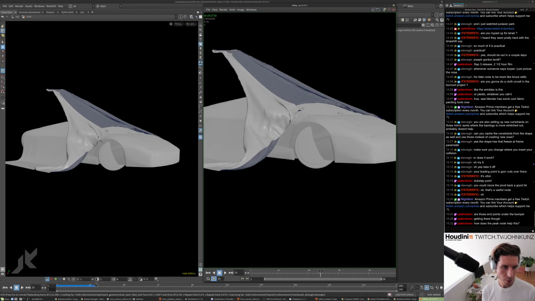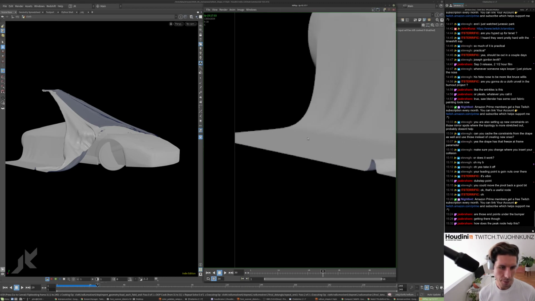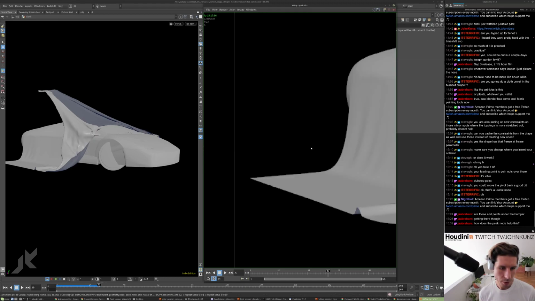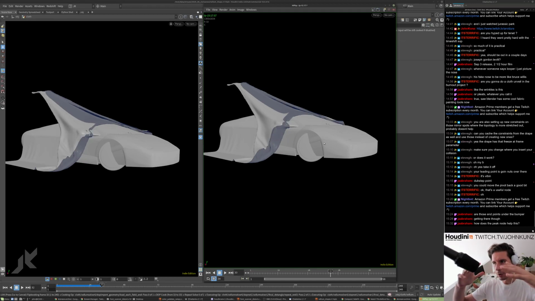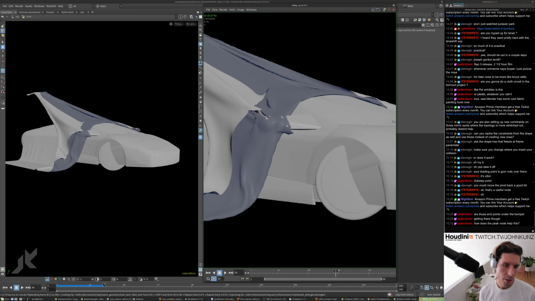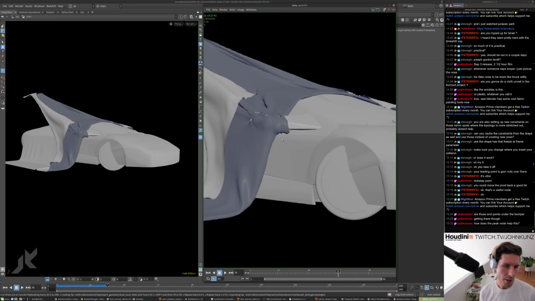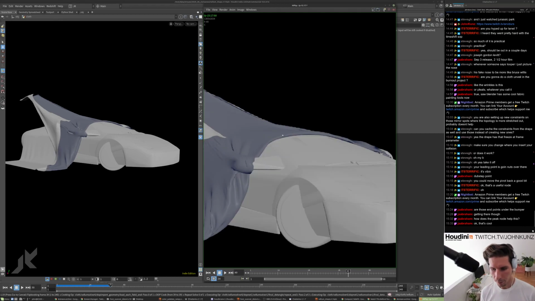So the peak node is moving everything along the surface normal. Like, I guess my camera position moved. But we're basically just shifting things, offsetting it from the surface a little bit. It looks like it's not having tremendous success, but